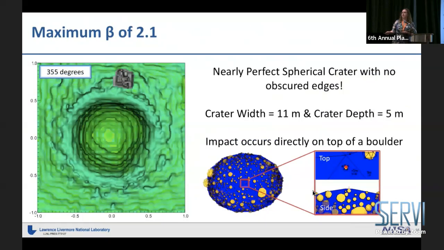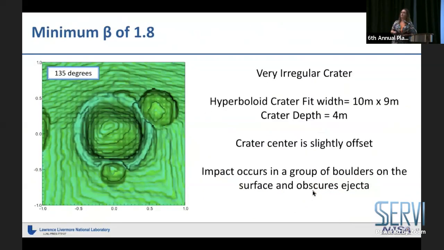You get a width of 11 meters and a depth of 5 meters. And so because this is happening, there's nothing obscuring the ejecta. You're able to let the ejecta plume come out perfectly symmetric, and it will give you the best beta enhancement. Now, if we go to the minimum value of beta, we get a value of 1.8, we actually get